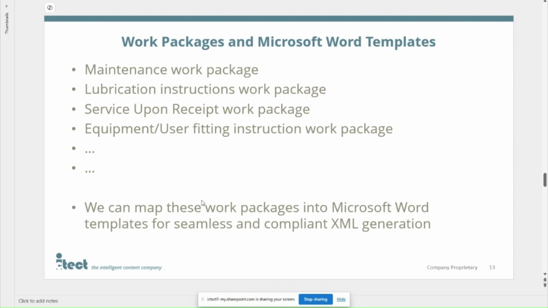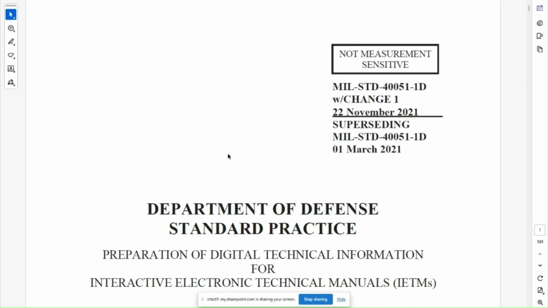What we can do is we can map these work packages into a Microsoft Word template for seamless and compliant XML generation. This is what we're going to demonstrate in the webinar. Now let's take a quick look at the MILSTD itself and the work package XML. So this is the 40051